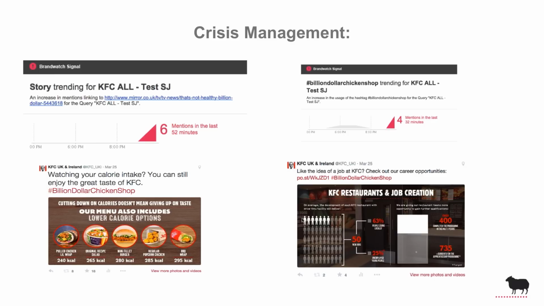And in terms of Signals, KFC is obviously one of the snapshots that we've been looking at, but we're looking to roll it out across a lot of our brands, particularly those that have high volumes, so that instead of having to sift through, we are able to pick up those moments, both in terms of content creation and crisis management. And that is it for me.